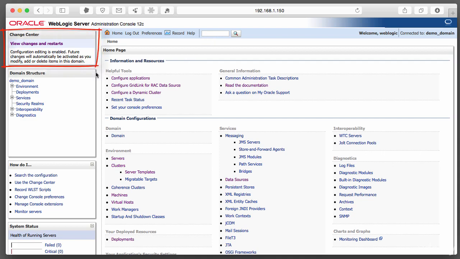So the change center is what keeps track of all the changes that have been made to a domain. It also serves as a check control system if production mode has been enabled. So as I mentioned earlier, if your domain was created in production mode, and if you need to make a change to the domain, there would actually be a button here under View Changes and Restarts that would ask you to essentially